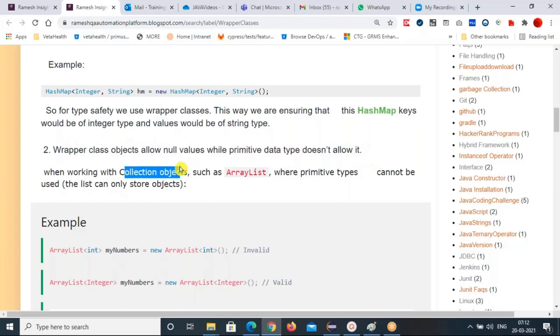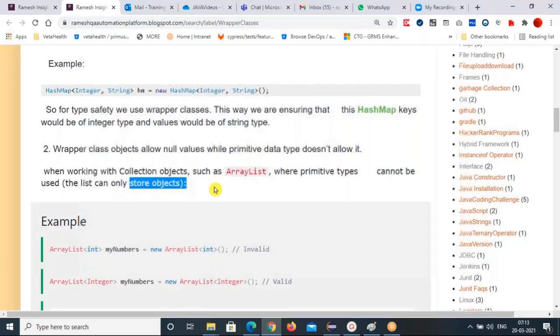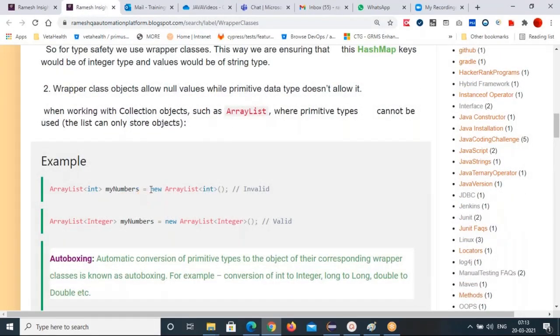When working with collection objects such as ArrayList, primitive types cannot be used. The list can only store objects. ArrayList can store only objects, not primitive data. So if you create an object for the ArrayList class and declare a primitive data type for the values in this ArrayList, it is invalid.